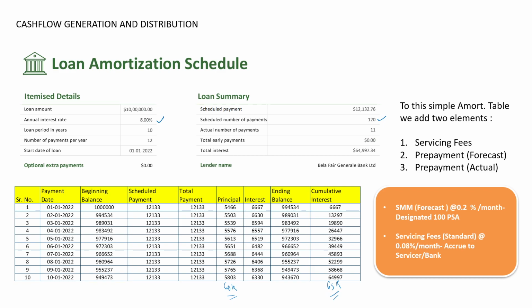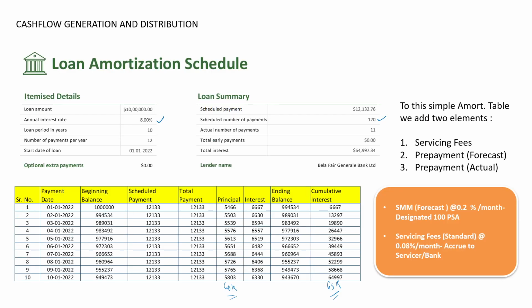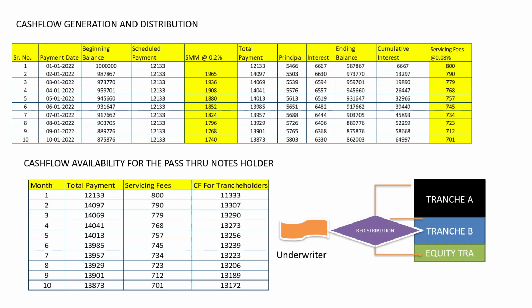Now to this, we will incorporate a couple more assumptions. One is the scheduled prepayment of 0.2% per month, which is designated as 100 PSA. And second is the servicing fees. And let's see what happens after that. So typically, if there be a 0.2% payment, and that 0.2% payment is of the outstanding principal at the beginning of the month, so you could see that the